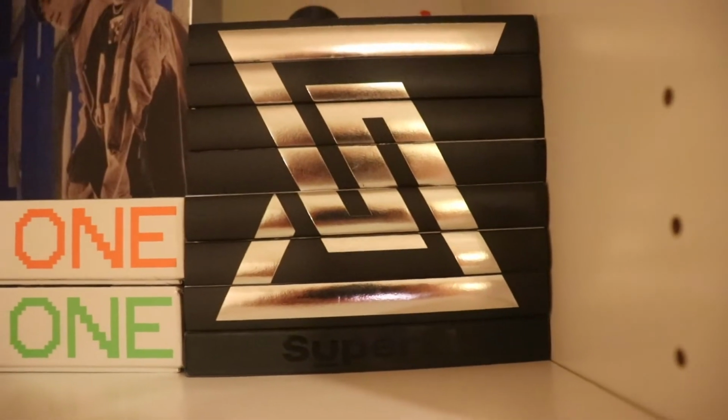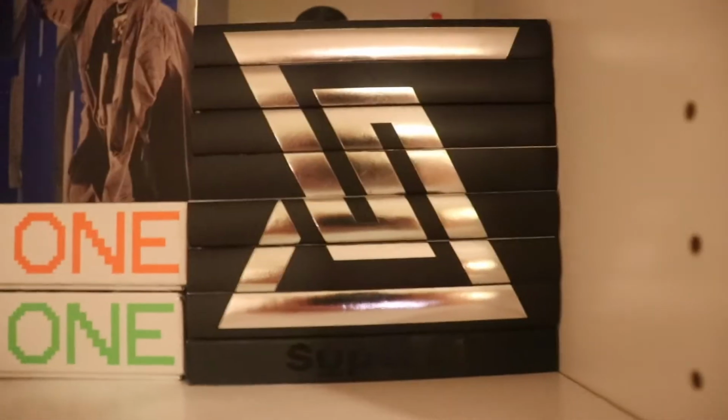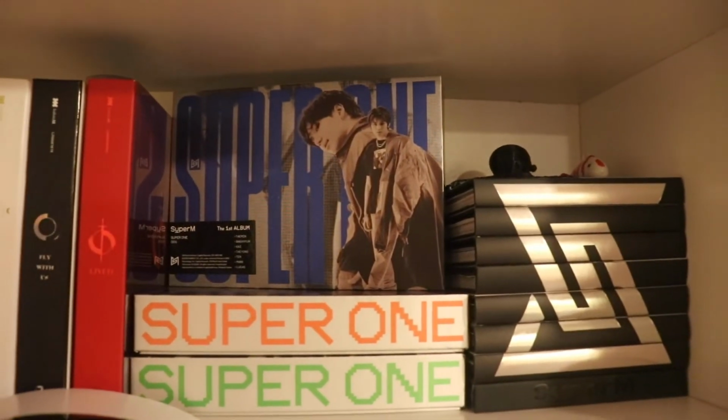And then behind that I have my SuperM debut mini albums. I decided to get all 8 versions for some reason. I'm not sure why, but it at least makes a really cool logo on the side. And above it is not K-pop related, but I have a little 3D printed octopus and ceramic fish. Very cute. I'm actually going to skip this next shelf and save that one for last, so we'll go to